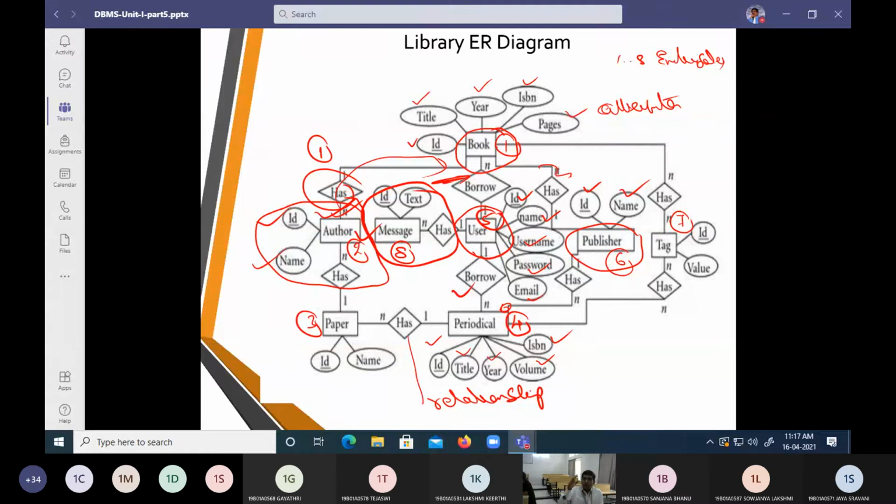For that, we are going to include a messaging module, and a message is identified with a number and a text, and it is going to deal directly with the user. So to whom do we represent this message? We are going to represent this message towards the user. So that is what we are going to put as a has relationship.